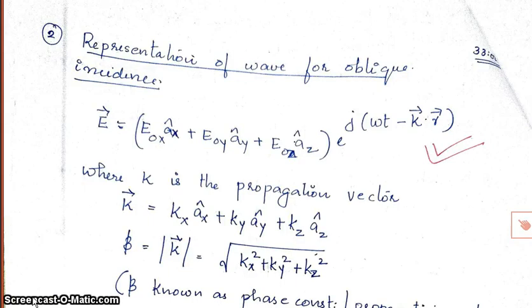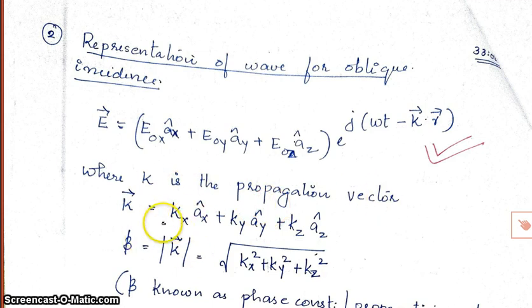So we will continue with the propagation of electromagnetic wave at oblique incidence. Next we will see the representation of wave for oblique incidence, and this is a standard representation of electromagnetic wave under oblique incidence, that is E is equal to E naught x ax plus E naught y ay plus E naught z az into exponential j omega t minus kr. This is how you are going to represent the electromagnetic wave under oblique incidence, where k is a propagation vector